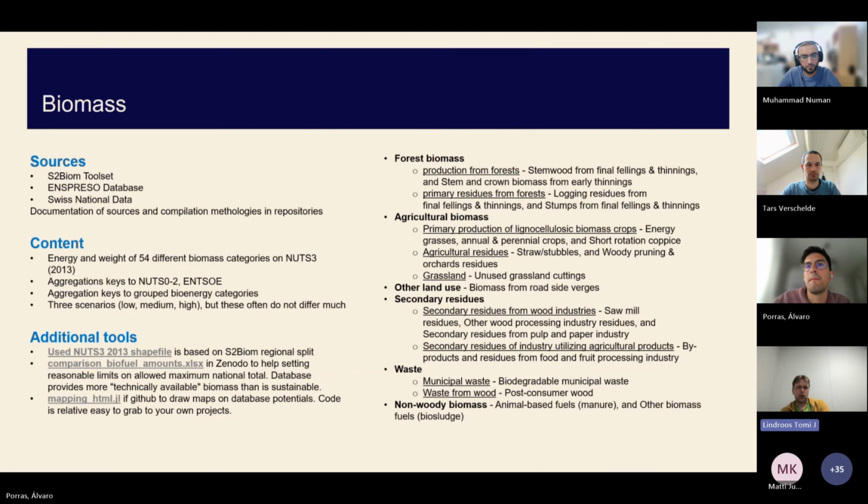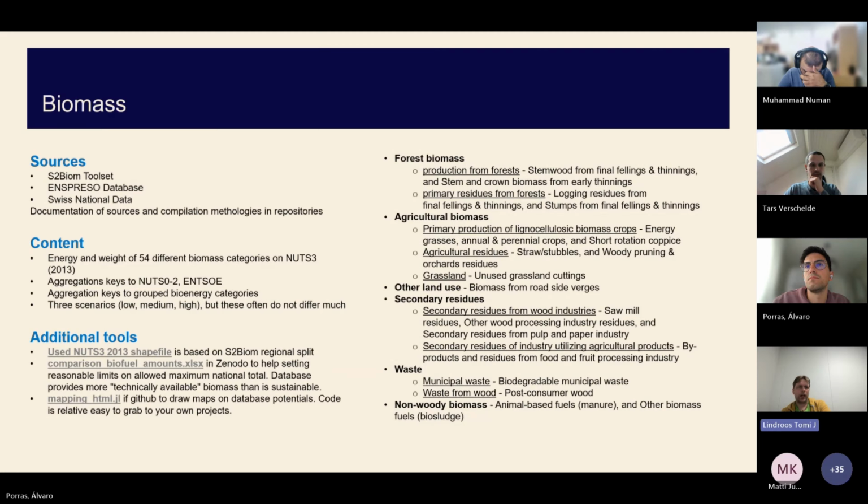Then secondary residues from wood industries, secondary residues from agriculture, bio waste from municipalities and waste from wood, and also non-woody biomass sources, for example, animal fats, manure, other biomass, biosludge. But the main bulk is about the forest biomass and the agricultural biomass.